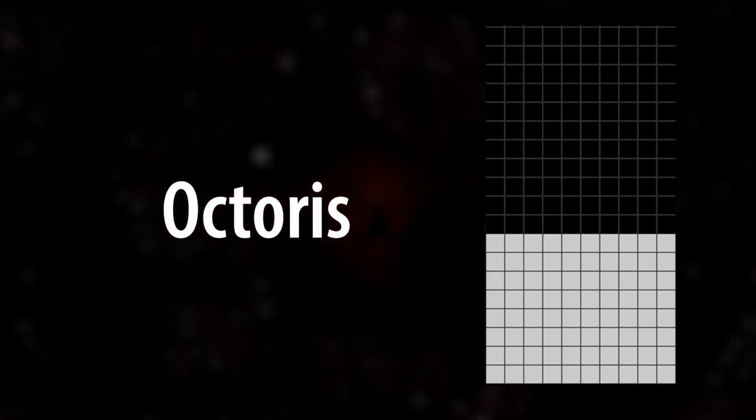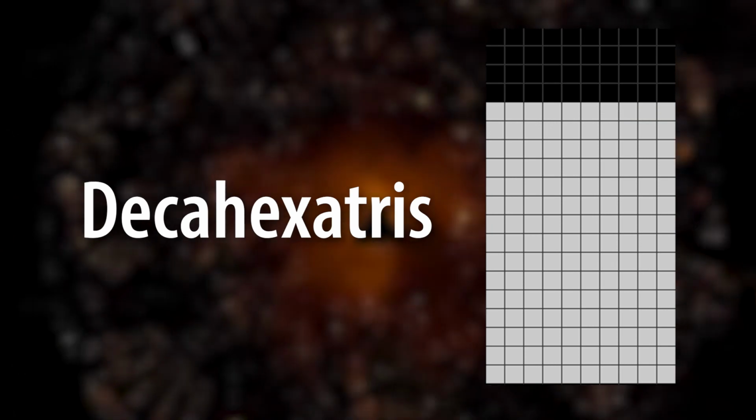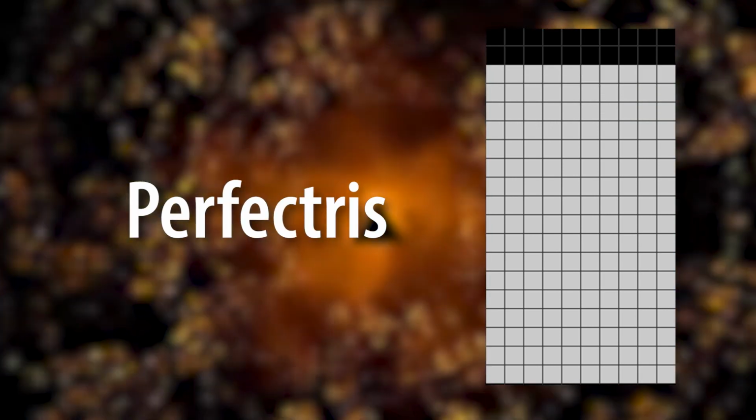So what's the biggest possible zone clear? The names start changing when you reach 8 lines, which is an octotris. 10 lines is a decatris, 12 is a dodecatris, 16 is a decahexatris, and 18 is a perfectris. Casual players could probably pull 18 for the PlayStation 4 achievement, and some of the best players can pull 20